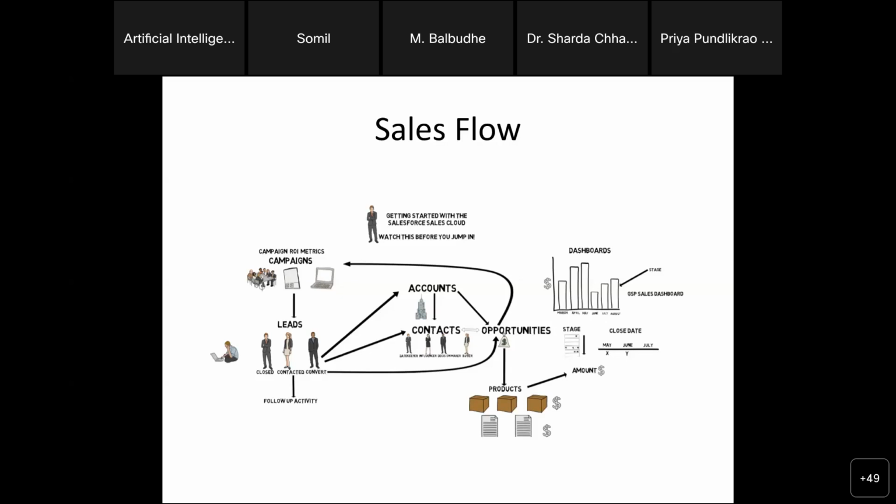Got it? What is campaign, lead, account, contact and opportunity? Any question on this part? Clear है? नहीं है?